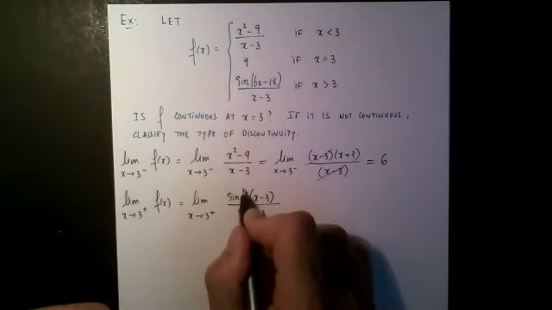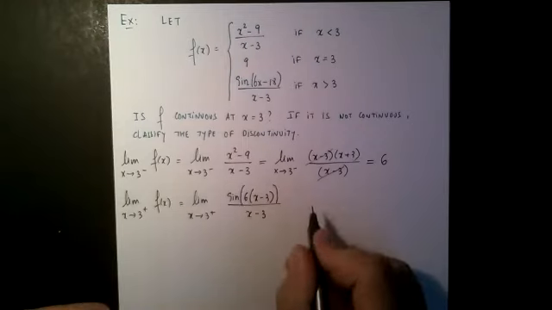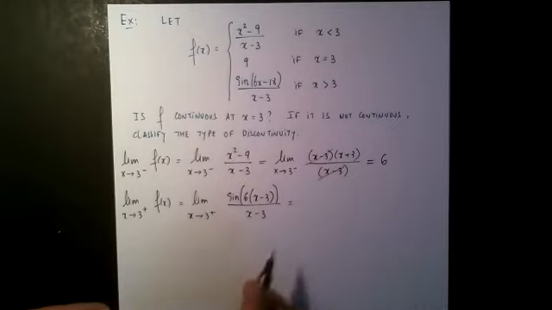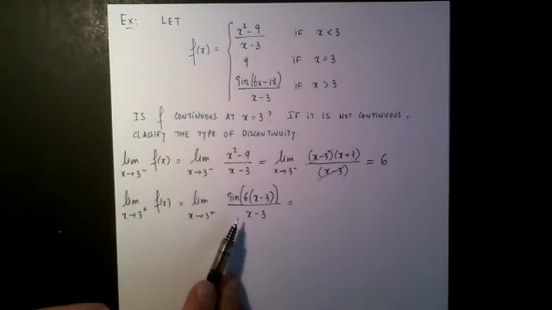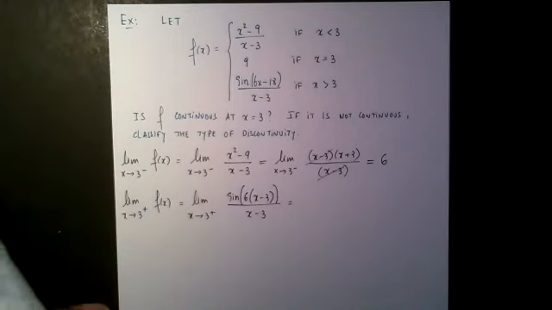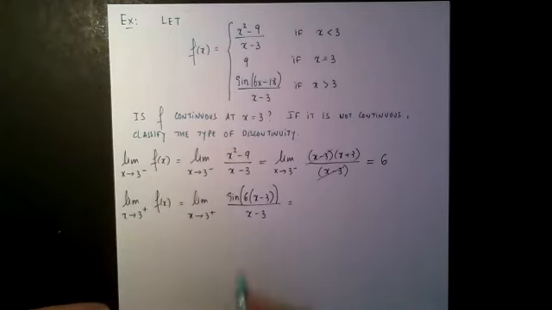Okay, so this is the sine of all this. Again, I plug in 3 inside, I get sine of 0 over 0. So remember, we just did function limits involving sines. I need what's inside the sine and what's on the bottom to be the same. So what am I going to do? I will multiply by